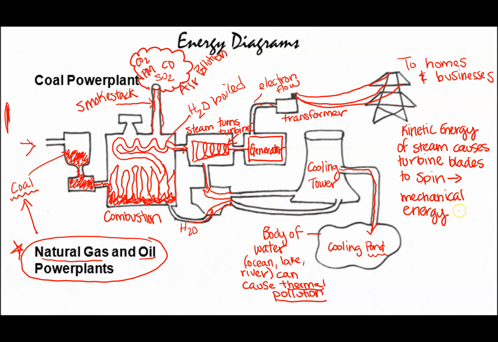Mechanical energy is the actual spinning of the blades, and then you've got electrical energy in generators. All right, so pause if you need to make sure that you have all of this. And then we are going to go on